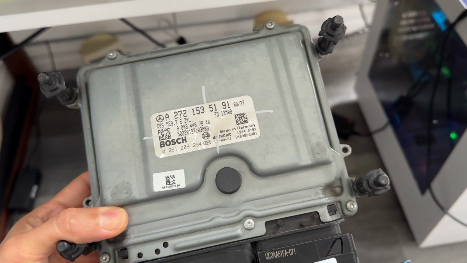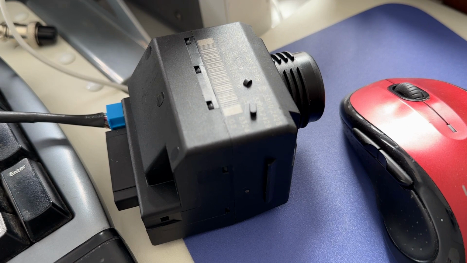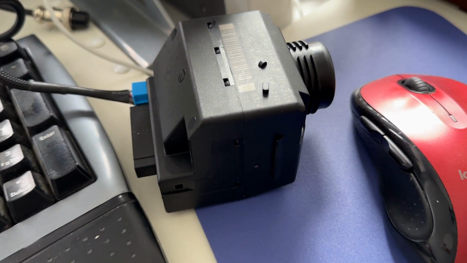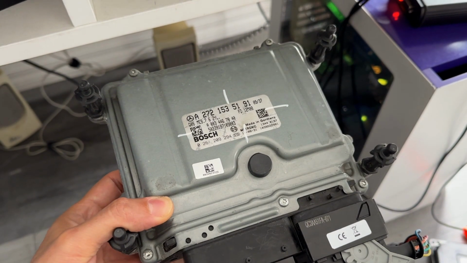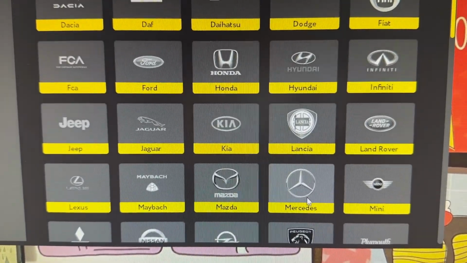What we're going to do is read the data from this 209 switch, and we're going to save it, and then we're going to transfer that data into this ECM, and we're going to be using Abrites to do that. All right, we're going to go to Mercedes,